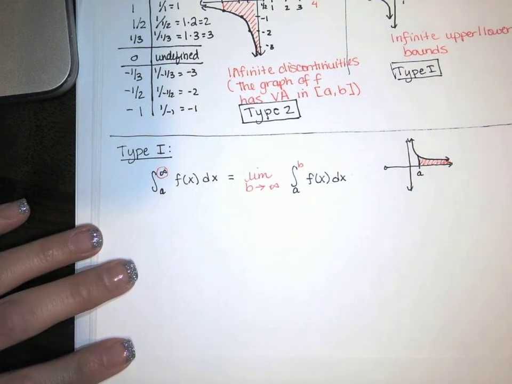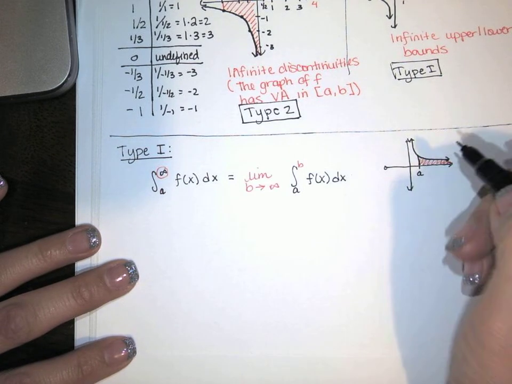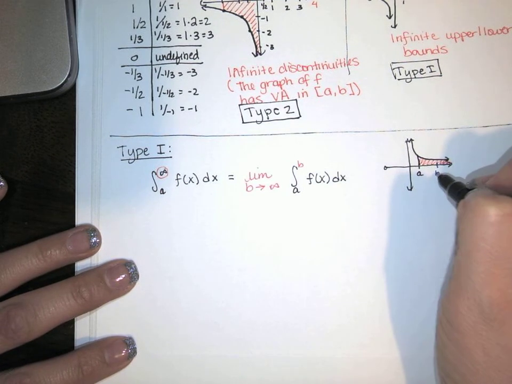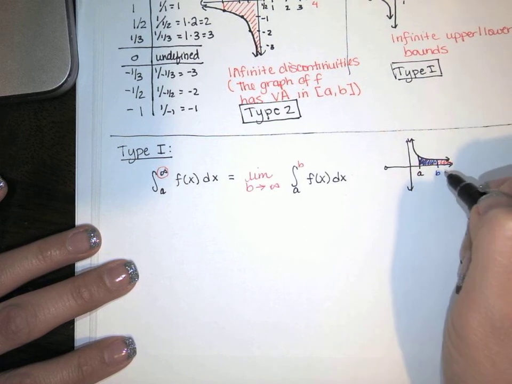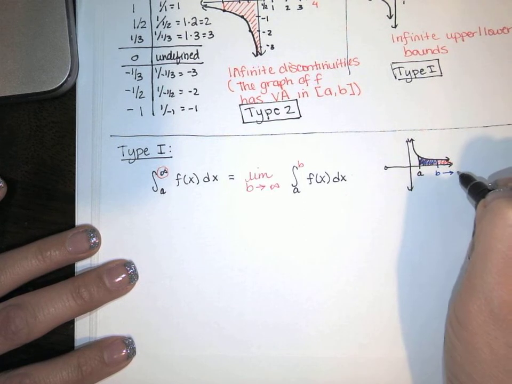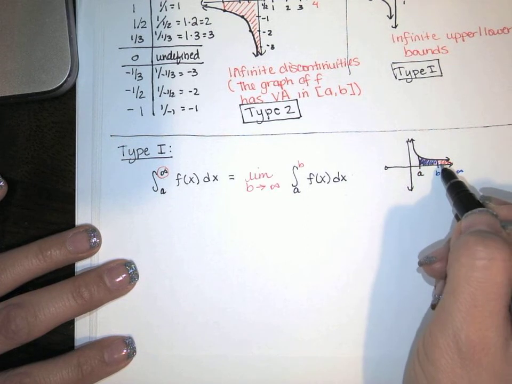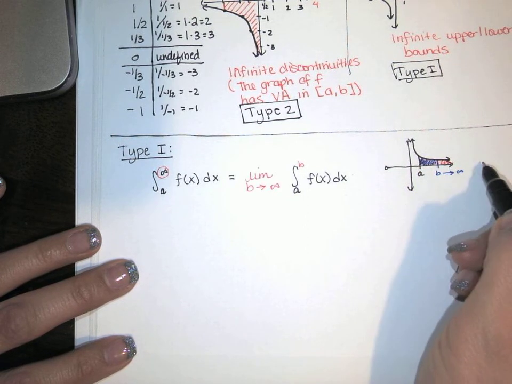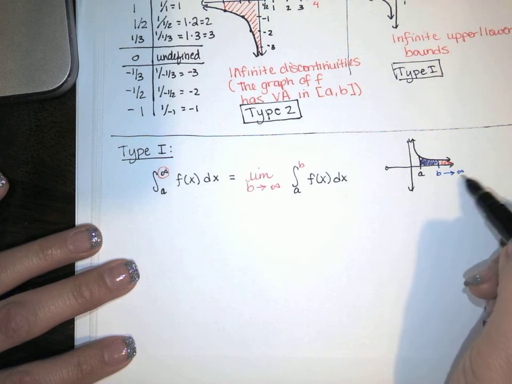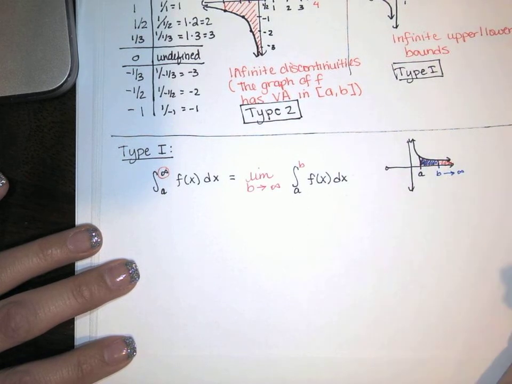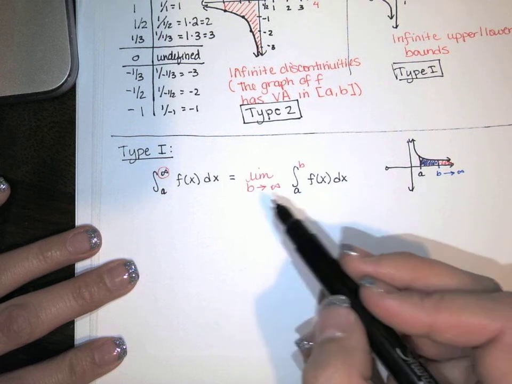So this is what we do instead. You say, aha, I can't use the fundamental theorem of calculus with that, but I could choose this other point b and find that area, and then I could see what happens to that whole quantity as b goes to infinity. So we'll have a number here, and then when b is 10, we'll get a different number. When b is 100, a different number. When b is 1,000, a different number. We want to know, as b goes to infinity, does that area approach a finite number? If this limit is finite,